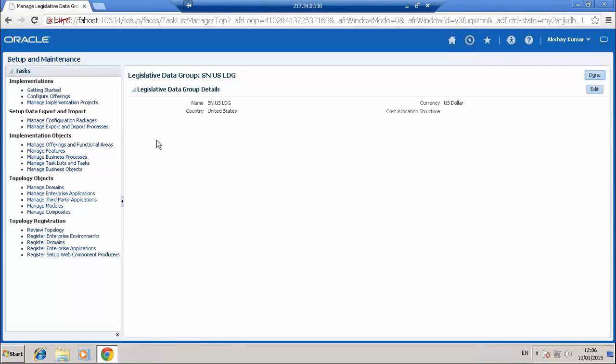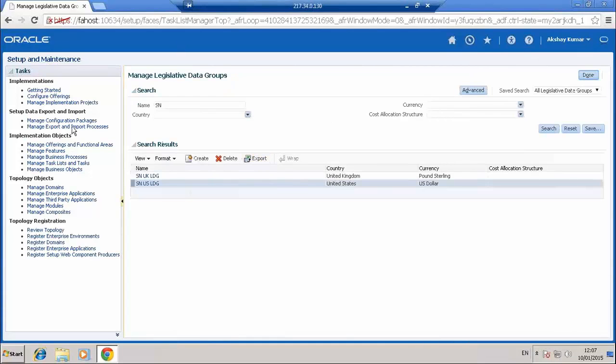No, consolidation set is completely different. That is there in payroll and Fusion also. But this is something you differentiate. For example, if I have to create a salary basis itself, you will be asked to mention the LDG for that. Okay, yeah. So that is there. I don't know the exact term how it is for EBS. It's been a while for me too. Okay. So this is the LDG. This is the main thing that differentiates for all the countries.